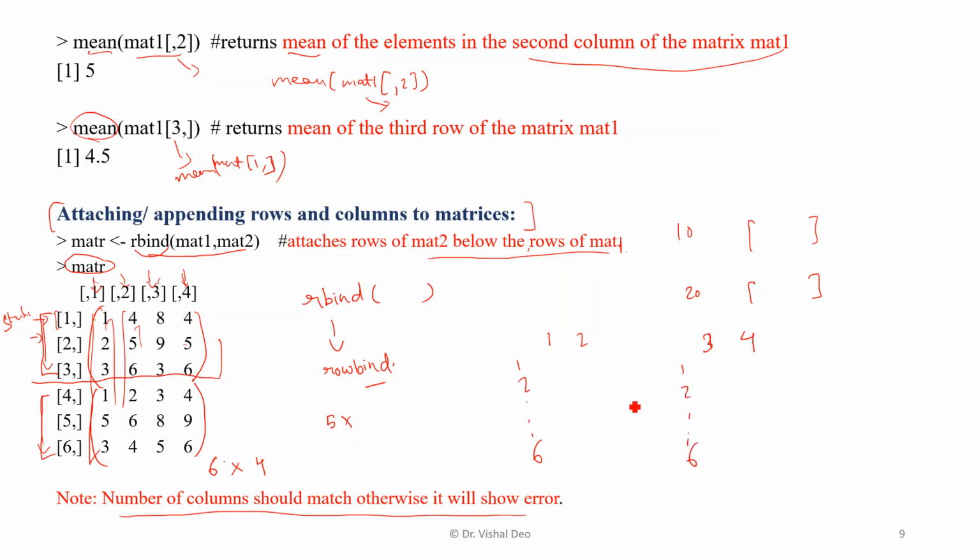So now you want to combine these two column wise, that is, the number of rows will remain the same, 1 to 6. Now you want to add the third and fourth columns to the first matrix. So there we can use a function which is called cbind, that is column bind,